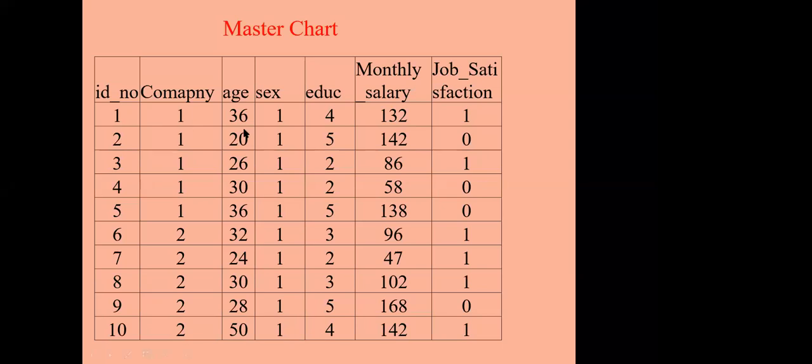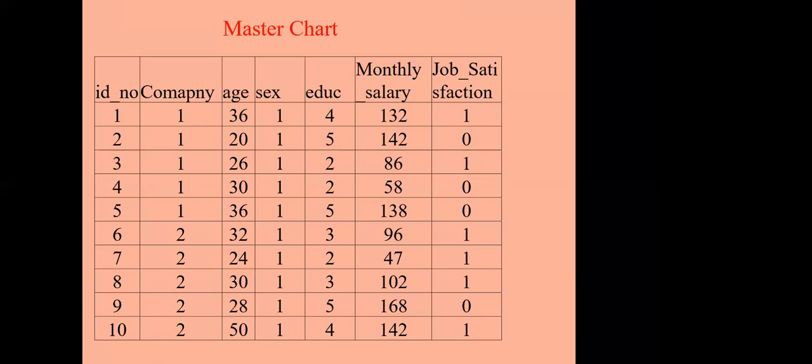Each column refers to a variable, with the name of the variable, and each row refers to the measurement belonging to one person. So in the row, we have the ID number of the subject, the company to which they belong, their age. When you prepare the master chart in your database, you assign a numeric value for every category. Say, for example, sex. We measured it as male and female. So when you enter the data, make sure that you assign the numeric value and enter that.